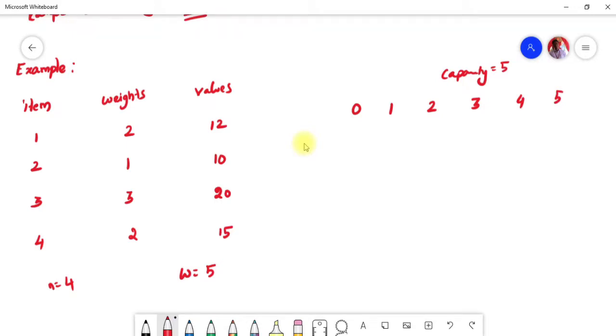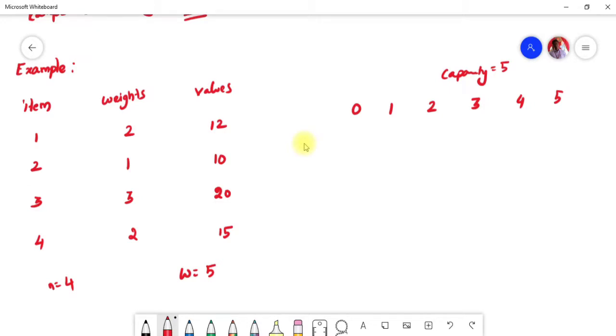Then the next step, listen carefully: here we are going to include the items. So instead of getting the things from the given table, I'm going to write it over here.